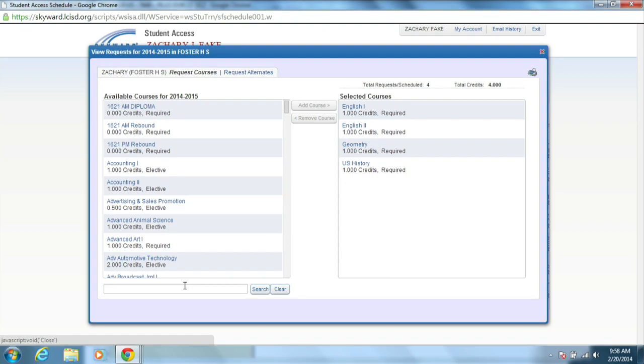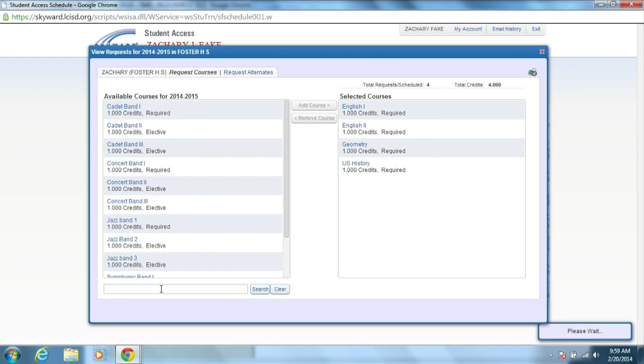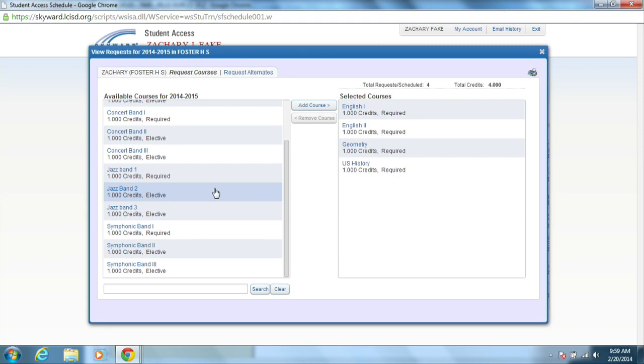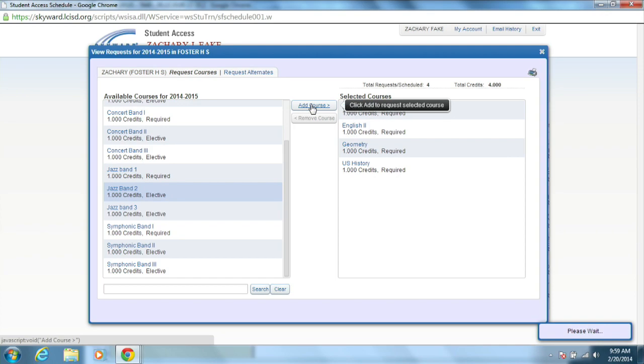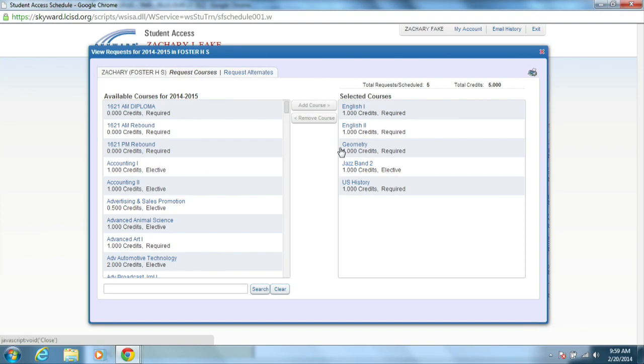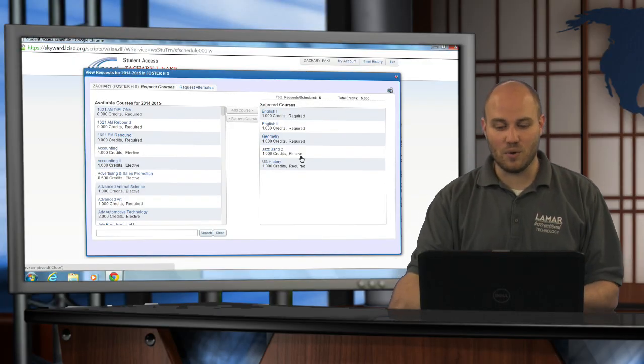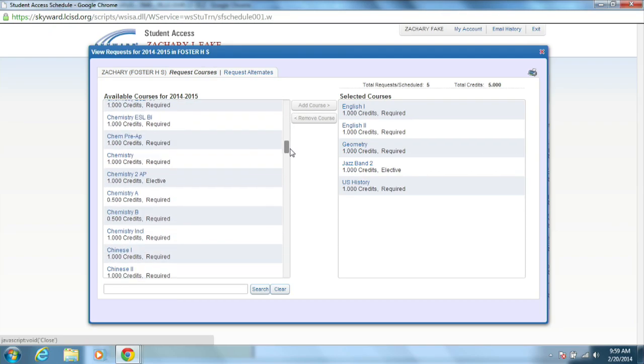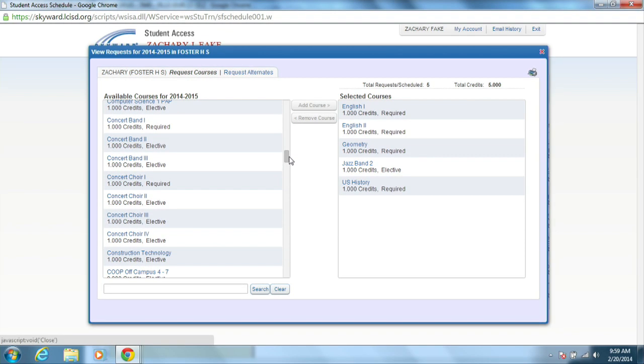And what you can do is over here on the left hand side, let's say I want to sign up for band. I can type in band inside the search box, click enter or hit the search button, and here's all of the bands I can sign up for. So I'm going to do Jazz Band 2. I click it to select it, and now I'm going to choose add course, and it's going to move it over here into my selected course area. Now if I don't want to search and I just want to look through the list of courses, I can always just use the scroll bar and scroll up or down to find whatever courses I want to add onto